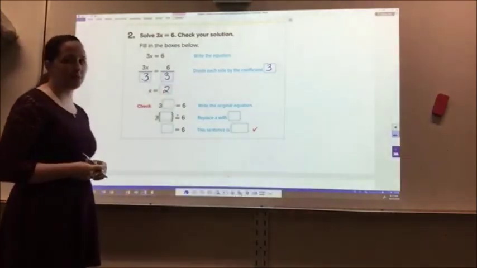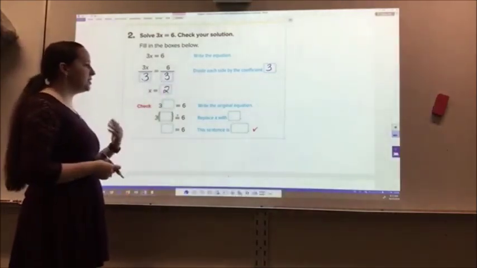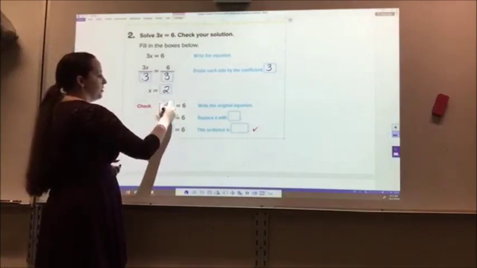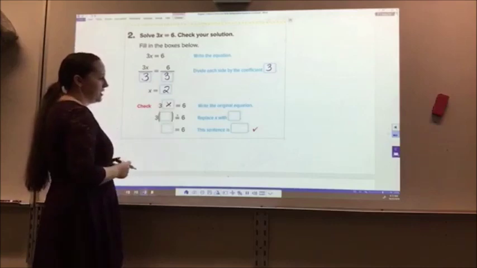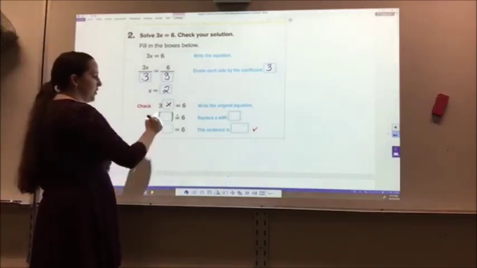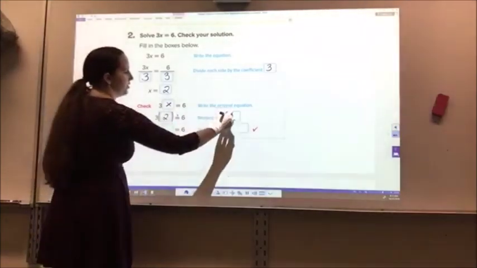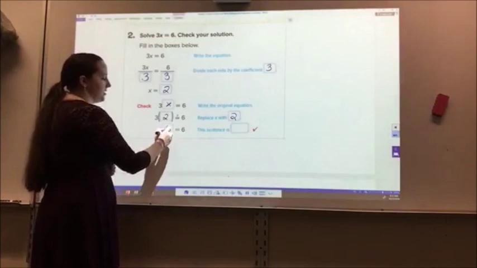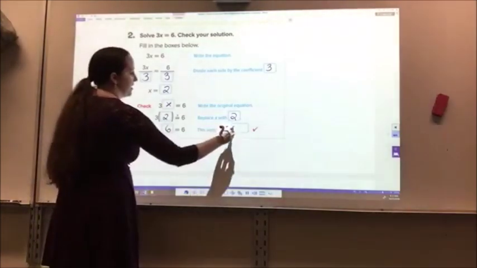So x equals 2. Then I can substitute it back into my original equation, 3x equals 6, replacing x with 2. 3 times 2 equals 6, so the sentence is